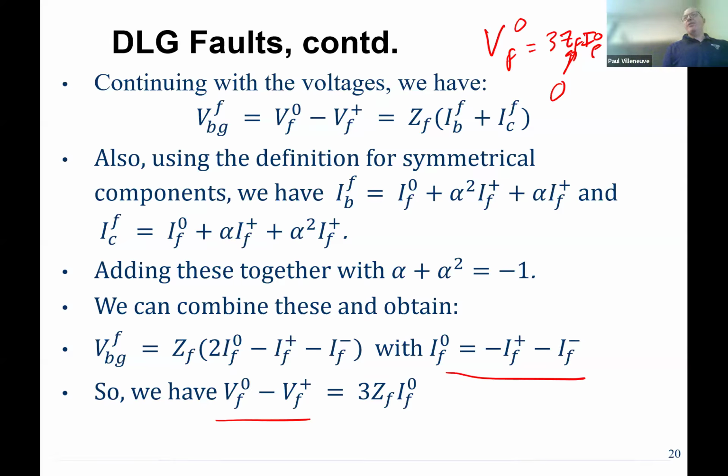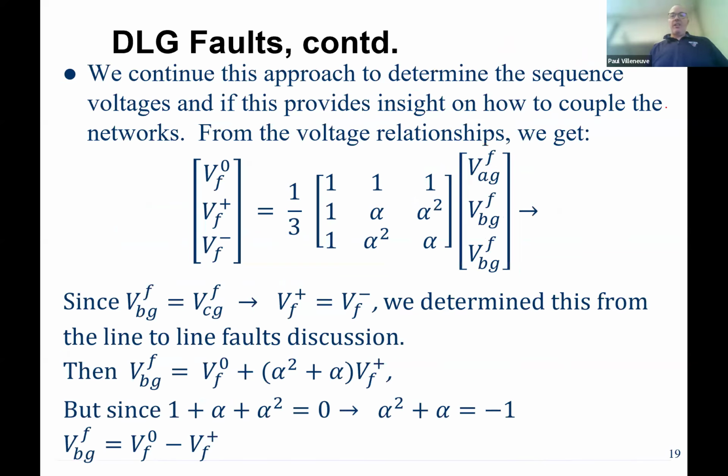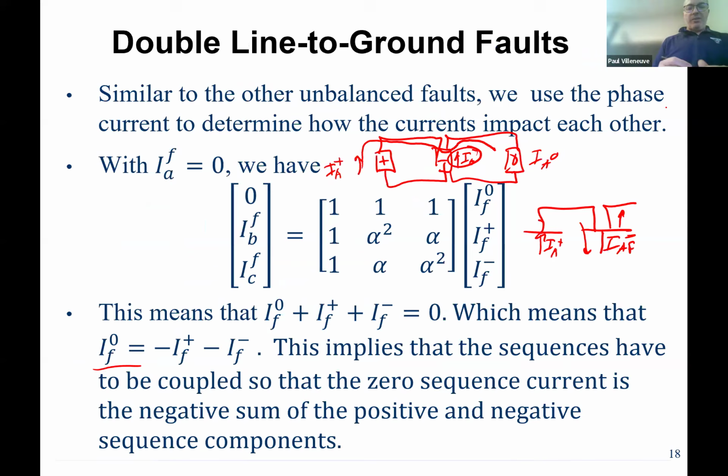What if ZF is equal to 0? Then VF0 equals VF positive. If there's no fault impedance, then aren't they going to be the same? They will be. So the only modification we need to make when we put our three networks in parallel,